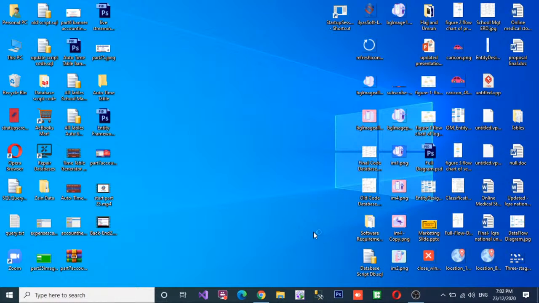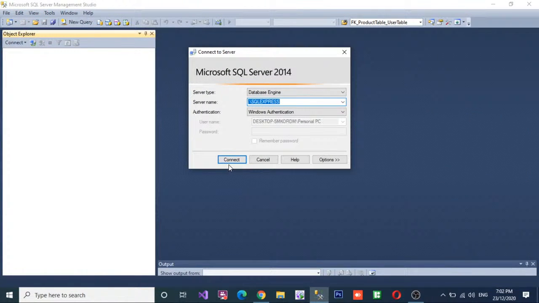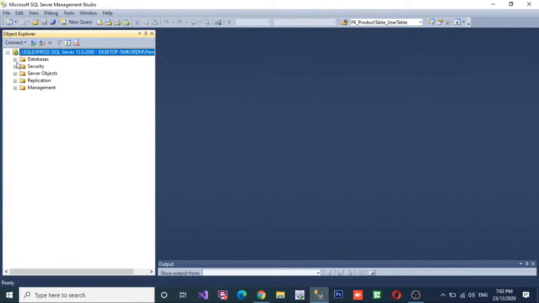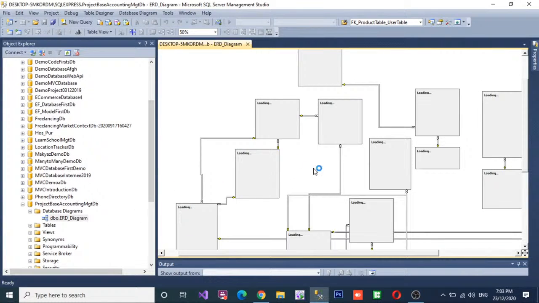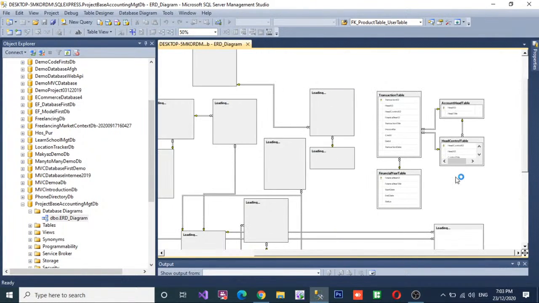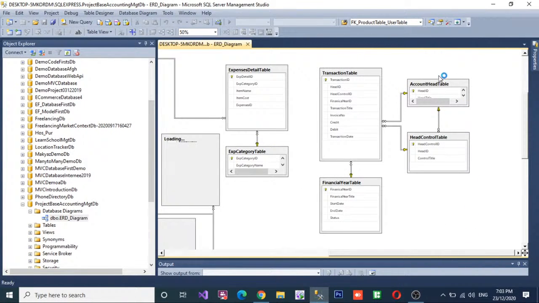Click on SQL Server Management Studio, connect to your SQL Server, click on Databases, go to the project based accounting management system DB, then click on the database diagram and open the ERD diagram. In today's live streaming video we are implementing these tables, the account head tables,